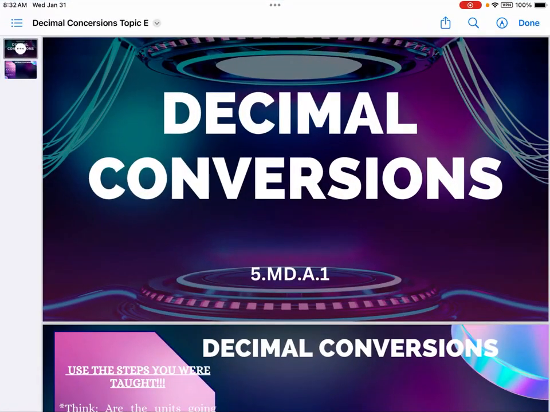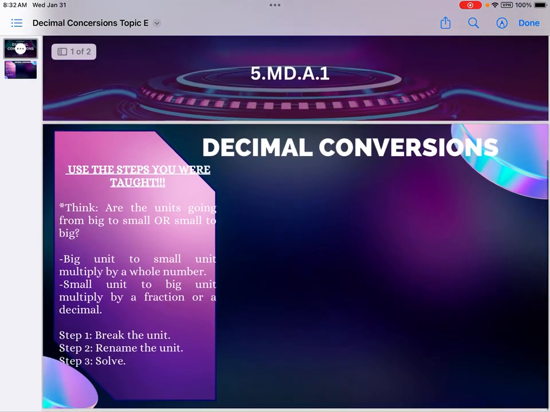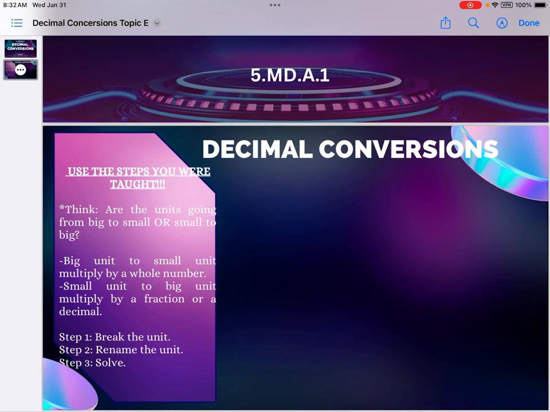Today we're talking about conversions with decimals. And so that matches standard 5 MDA1. So there were very specific strategies that were taught in class that students need to remember throughout their time when